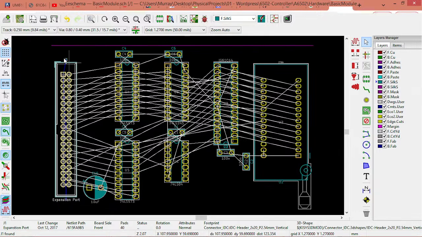What I'd noticed was that was printed around the wrong way, so what we've just done is reprinted it to be around the right way. And